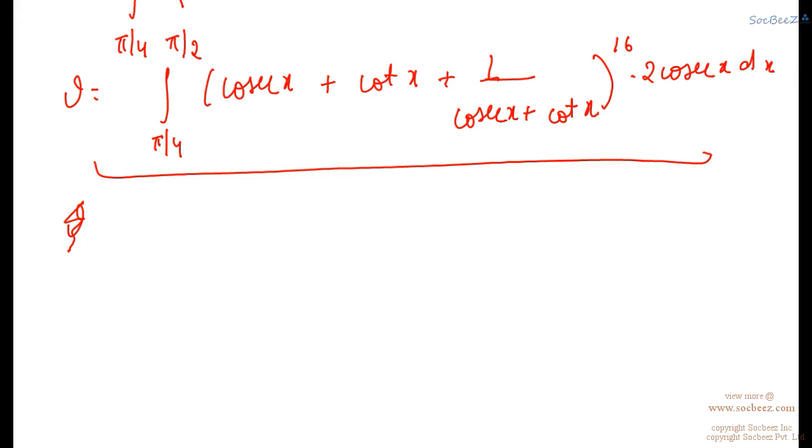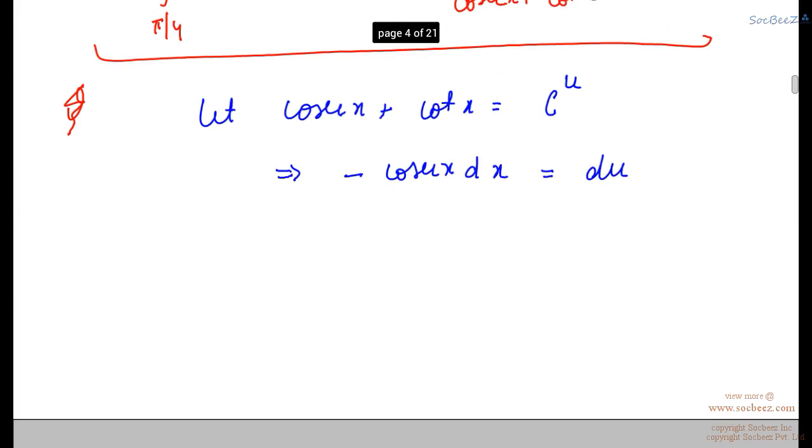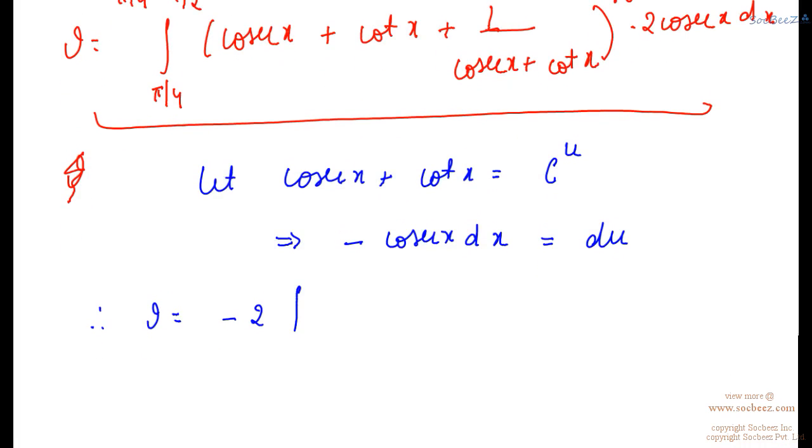Now let cosec x plus cot x equals e raised to the power u. This is u. So from here this implies that minus cosec x dx equals du. Therefore I equals minus 2. If we substitute these values here, then I equals minus 2 integration from ln (root 2 plus 1) to 0 of (e raised to the power u plus e raised to the power minus u) raised to the power 16 du,